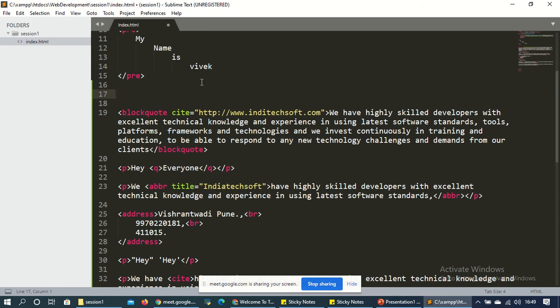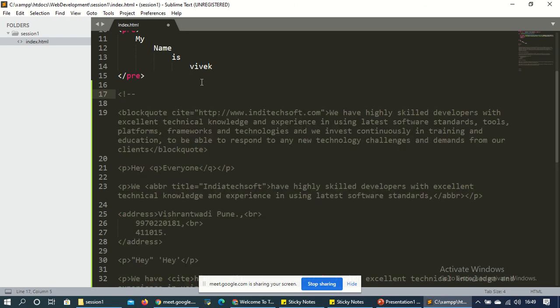So here we'll use a left angle bracket, then the exclamation mark and hyphens. Again you have to write something. This is all about the second session, or second day. So here just give this one, and this.